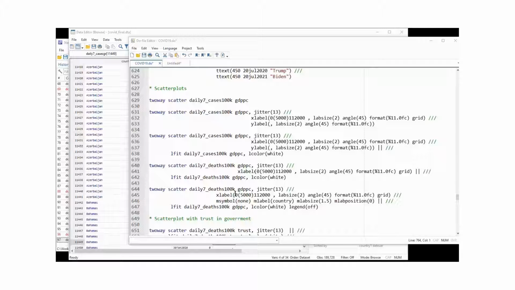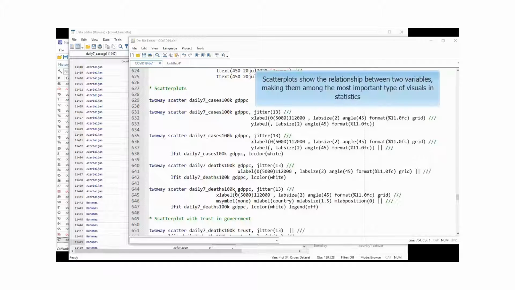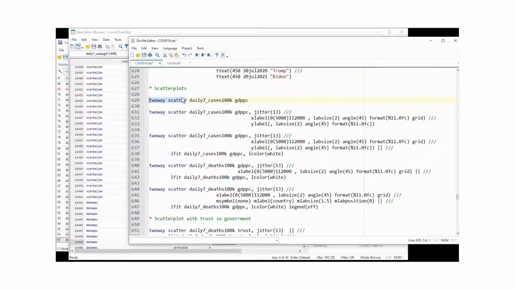Scatter plots are one of the most important graphs and plots in statistics. Scatter plots allow us to see the relationship between two variables. In Stata, the command to run those is twoway scatter. Normally you put the variable that you want on the y-axis first, and then the variable that you want on the x-axis second. So I'm going to just run this